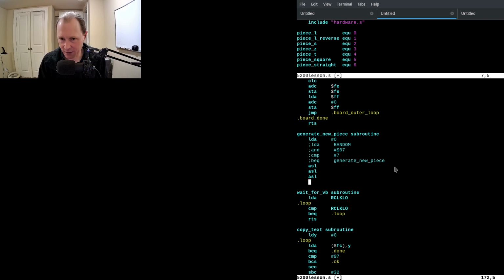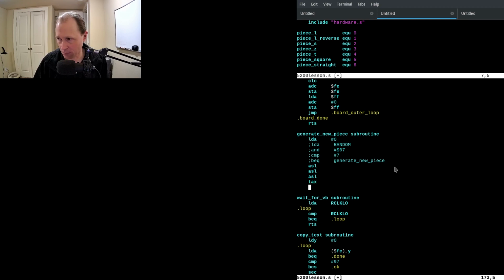Then we're going to take that index and transfer it to the X register so that we can use it to index the table to pull out those pairs. So what we're going to do is we need to pull out those pairs, and then we need to somehow convert those